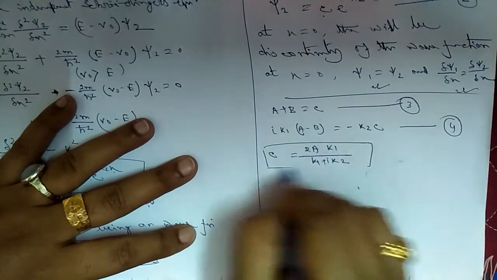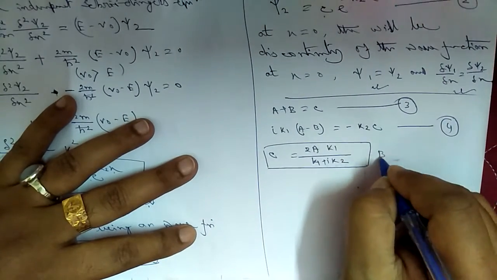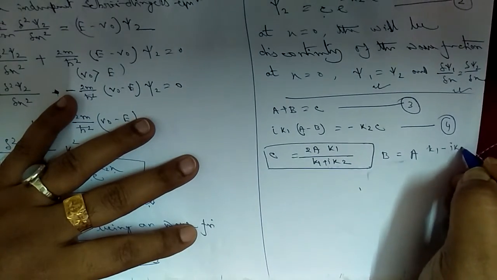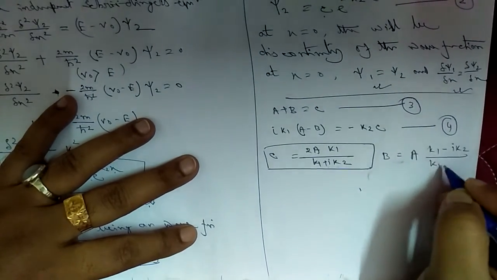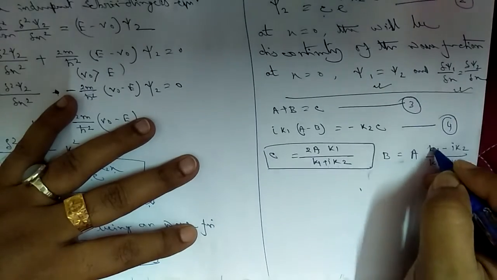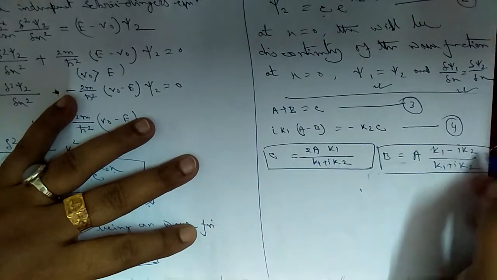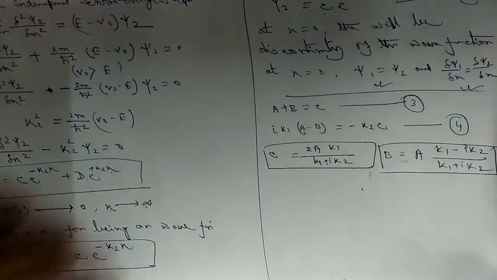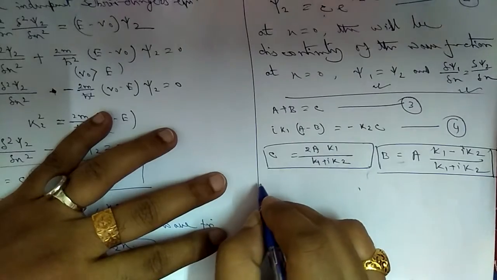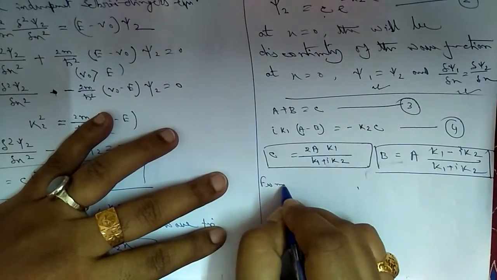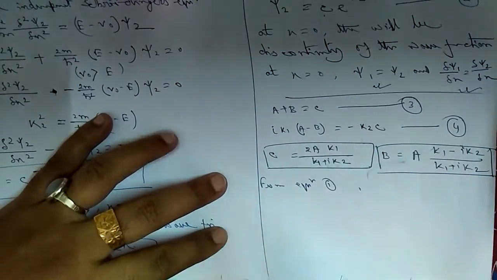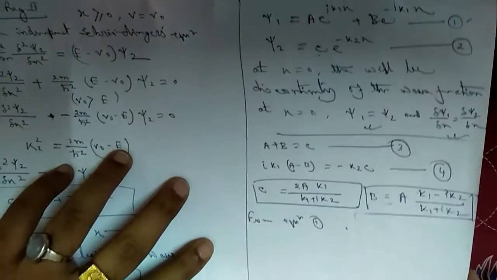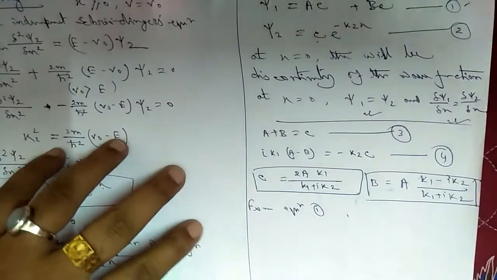Look, this is a little complex. And b will look like a into k1 minus i k2 divided by k1 plus i k2. Look, it is looking a little complex. So what can we write now? We can write from equation 1. Look, which was equation 1? This one, equation 1, that means psi 1. From equation 1 we can